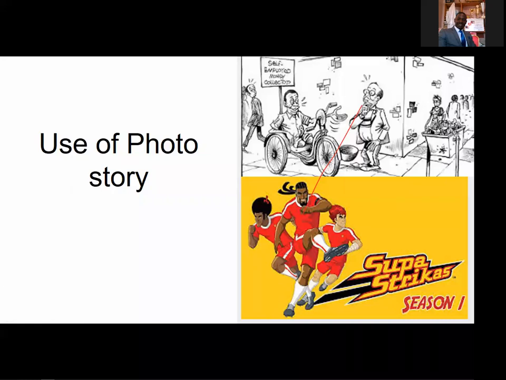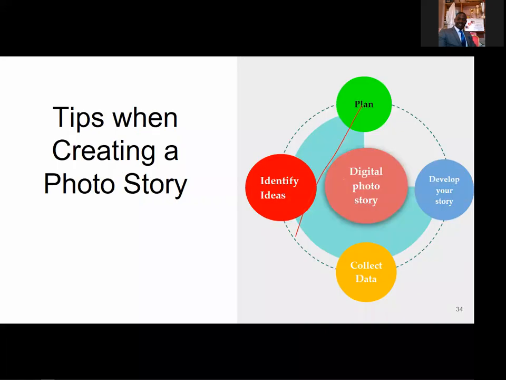What else do we need to learn about the digital photo story? I've already told you the main importance of it. Then when creating digital photo stories, it's important to decide on the main idea, then collect the data, use voice or music, then you develop